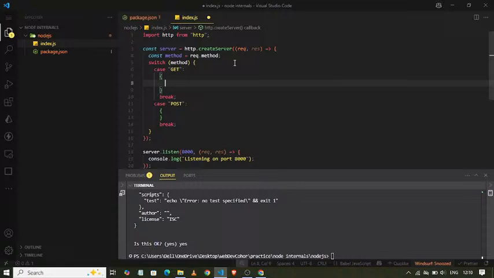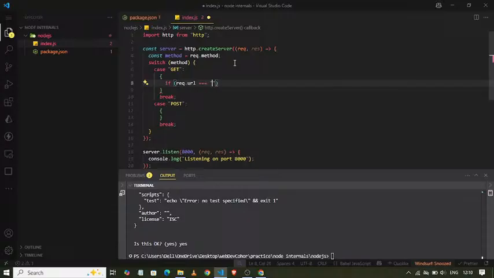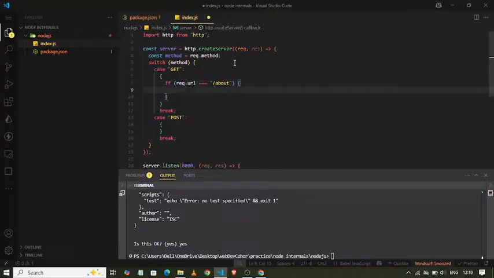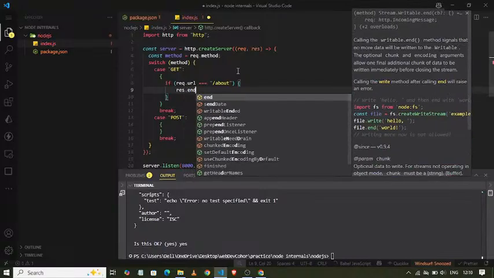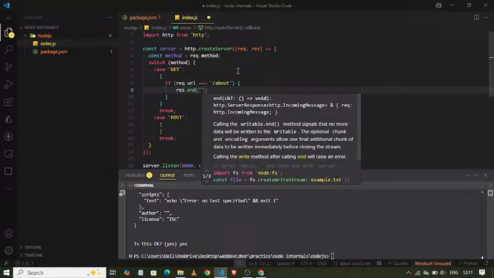For example, let's define an about route here. If the request.url is equal to /about, if that is the case, then we will call response.end. These are the built-in methods that you always have to use. So what is response.end? What it does is return the response to the user. We will return